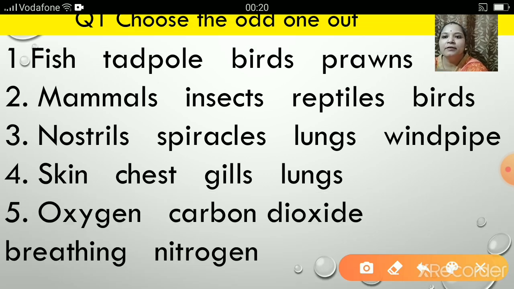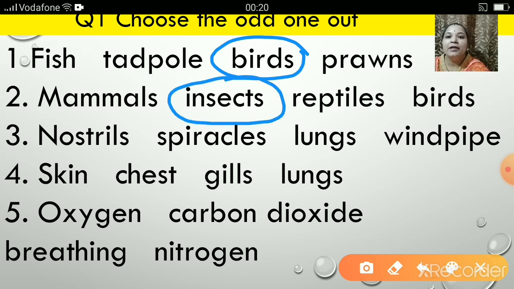That is birds, because fish, tadpole and prawns breathe with the gills, whereas birds have lungs as the breathing organ. Mammals, insects, reptiles and birds. So the odd one out is insects, because insects breathe through the spiracles, whereas mammals, reptiles and birds breathe through